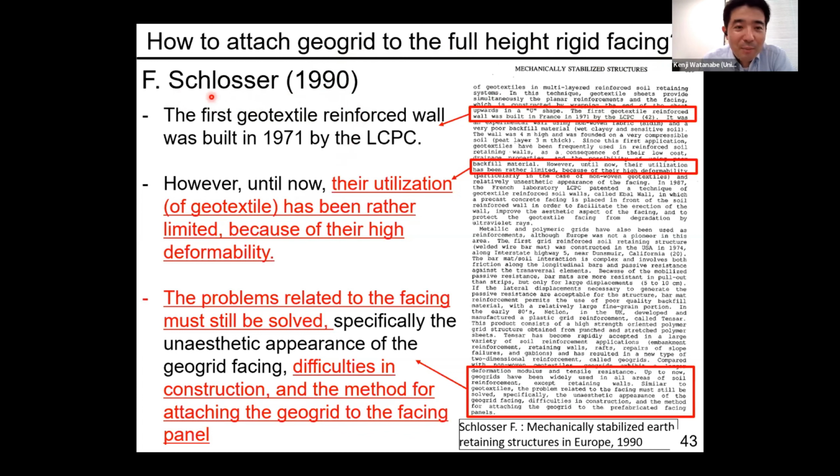One is that utilization of geosynthetics has been rather limited because of their high deformability. And another problem is related to the facing, which should be solved, he said. It means the difficulty in construction and the method for attaching the geogrid to the facing panel. So that is the problem which was found by Schlosser. There are two problems: the high deformability of the geosynthetics and how to achieve the connection between the